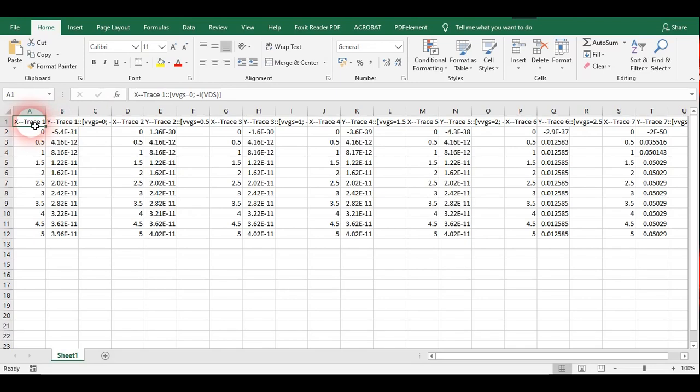This X trace is our data, and here Y trace is also we are having the data. Okay, so basically this x1, this data, is the value of voltage, and here the Y trace is the value of current. Okay, so this one is the data when VGS is 0. Okay, so here you could write the value of